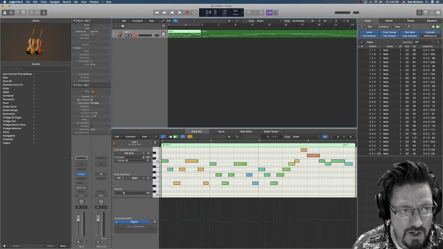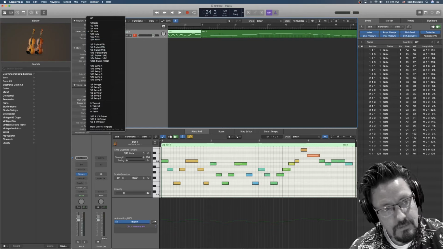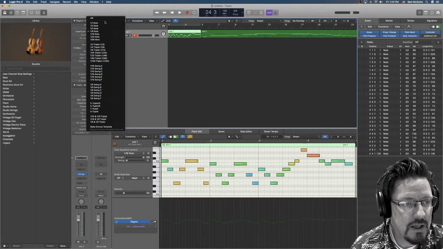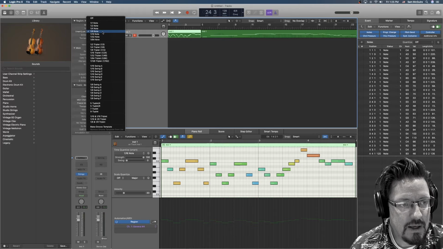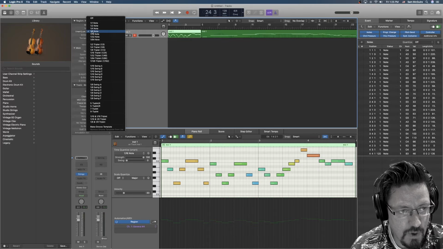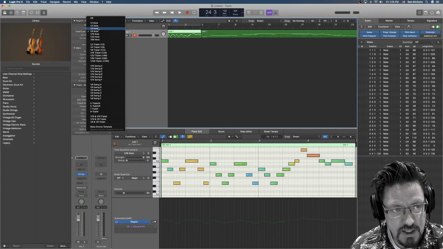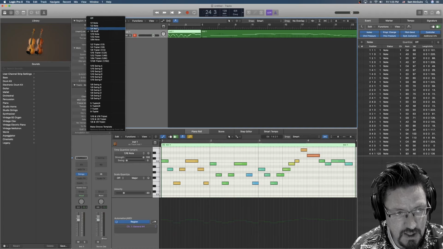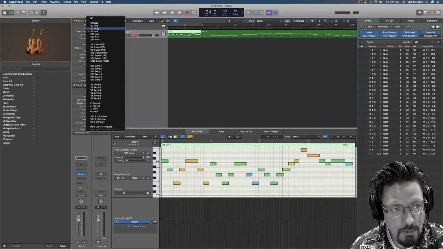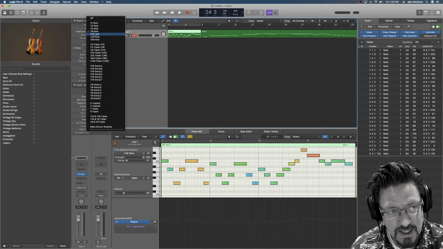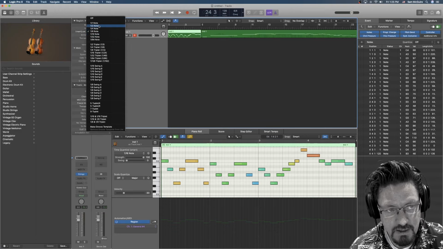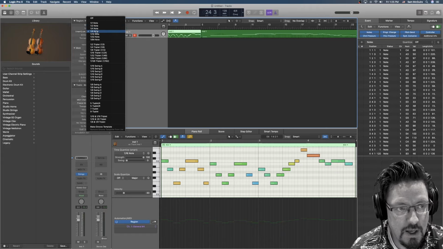Now, the rule about quantization is that you want to set it so that your choice of quantization matches the smallest subdivision in your music. So if you're doing like a tuba part or a bass part and it's doing half notes and that's the fastest thing it does, don't set it to 16th notes, set it to half notes, because that matches the subdivision of the part. Same thing with this. If you're doing 16th notes,